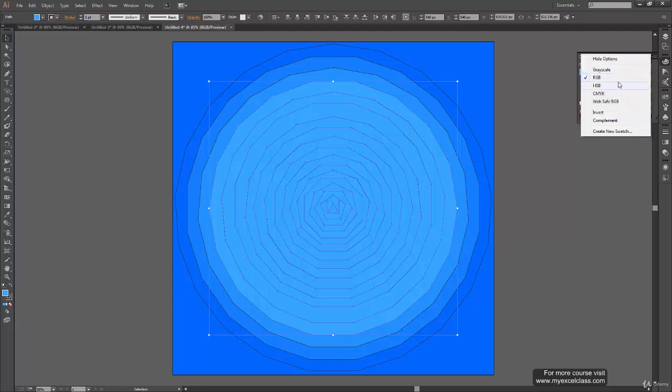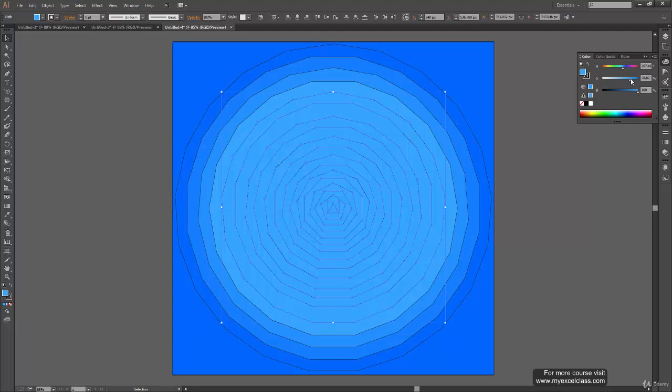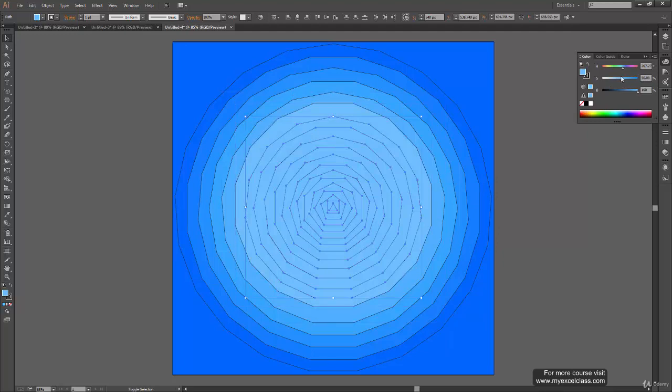Right now we'll change the color from this. These palettes we will cover in future, so if you don't understand right now, you can just avoid them. So shift select the outermost polygon and drop the color value a bit. Again shift select the outermost and again. Keep repeating this process for every polygon until you reach the center one.